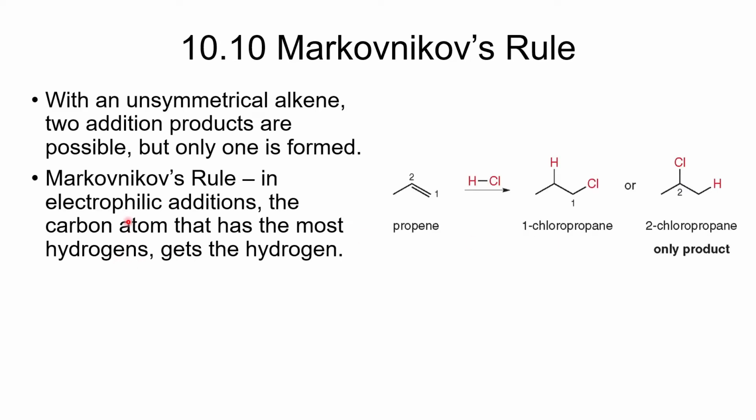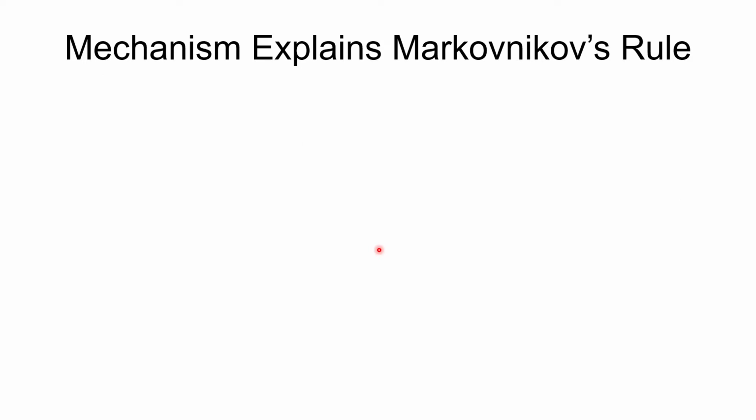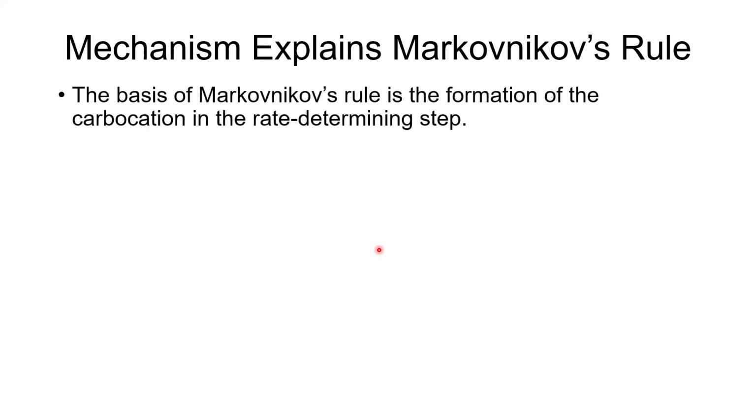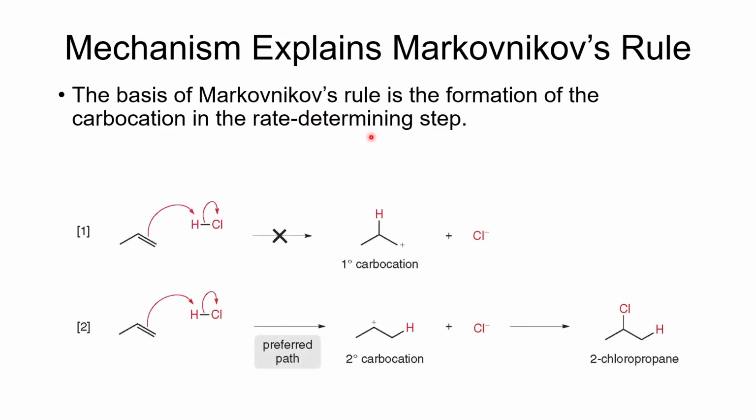All right, so we need an explanation for why that's true, right? Markovnikov did not know why that was true. It was later figured out why that is the case. We'll say the basis for Markovnikov's rule is the formation of the carbocation in that rate determining step. So there are two possibilities if we add hydrogen to the more substituted carbon, the one with